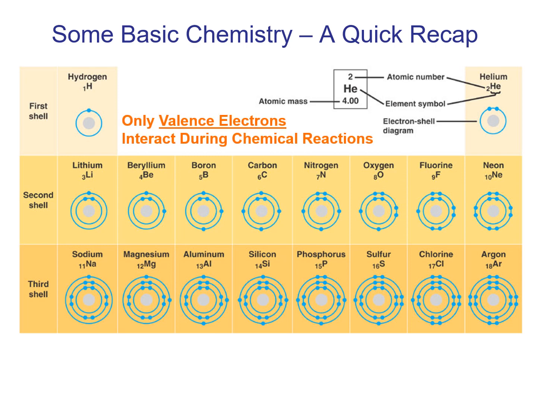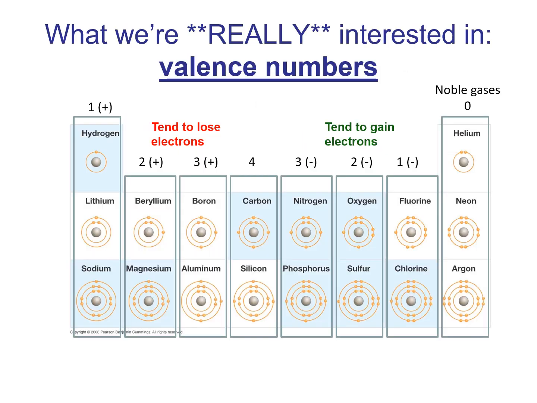That outermost shell is known as the valence shell, and it's the valence electrons that interact during chemical reactions, and only the valence electrons. So when we're talking about chemistry and we're trying to figure out how 2 atoms are going to behave, how they're going to sort things out if we throw them in a room together, what we're interested in is the